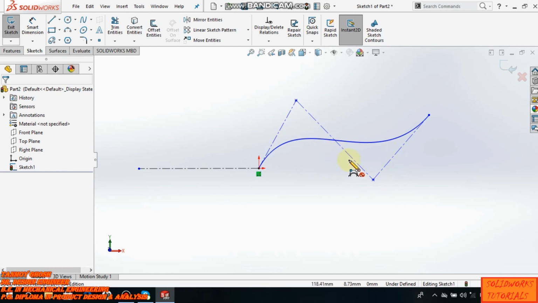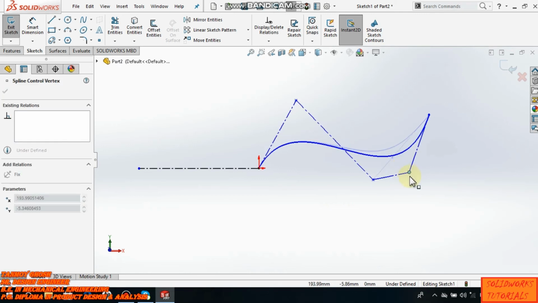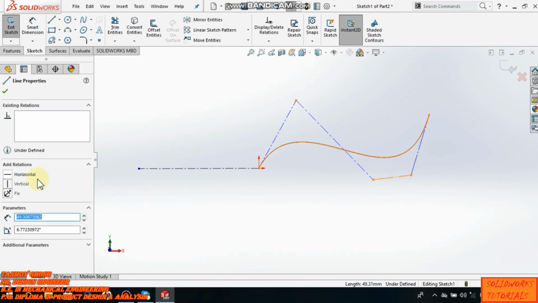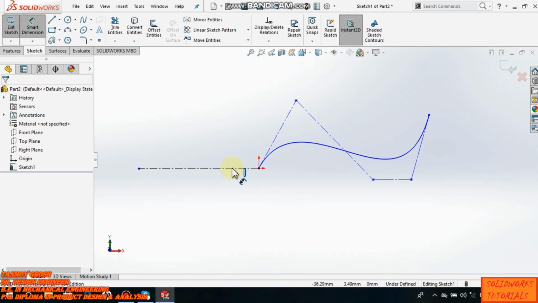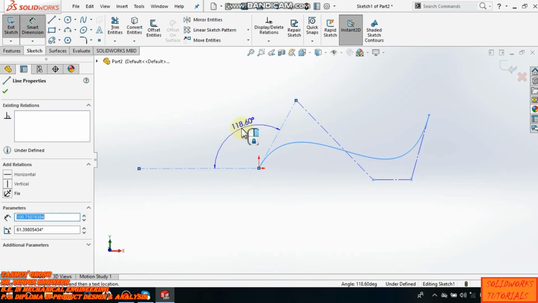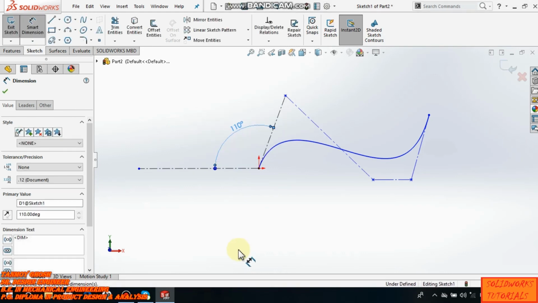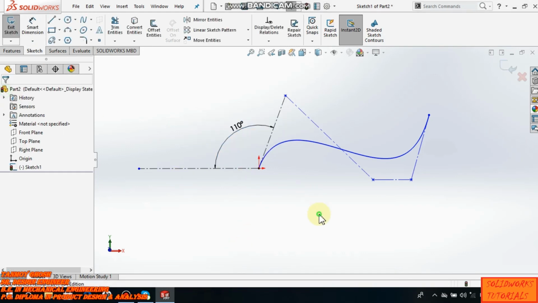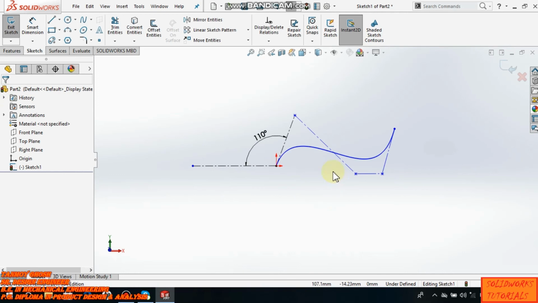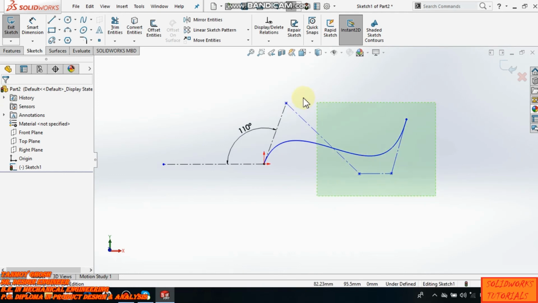Now you can insert your control vertex as per your requirement. Now you can manipulate this curve with the help of this additional point. You can give any relation to these construction lines. You can add dimensions also to define the curve. So that's all for this style spline.